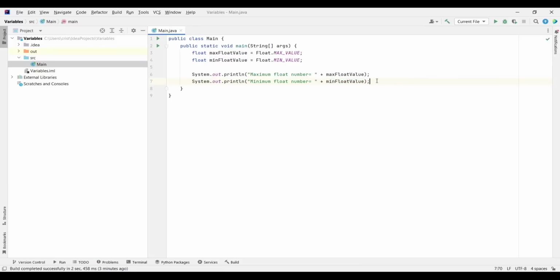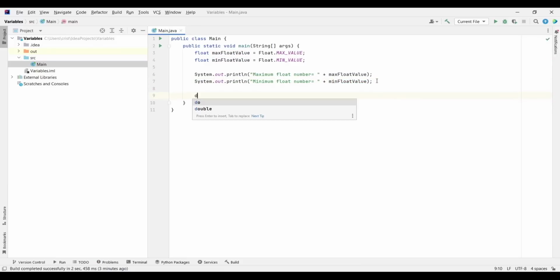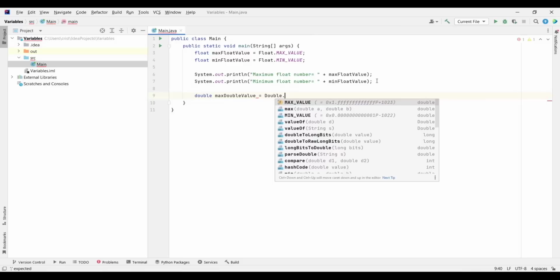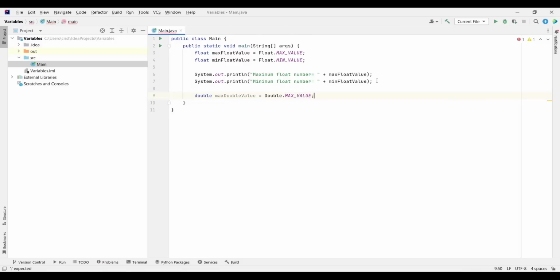Now let's do the same thing for the double, so I type here double max double value equals, again we type Double.MAX_VALUE. I'm going to press Ctrl D, change this to min, and change this to min.